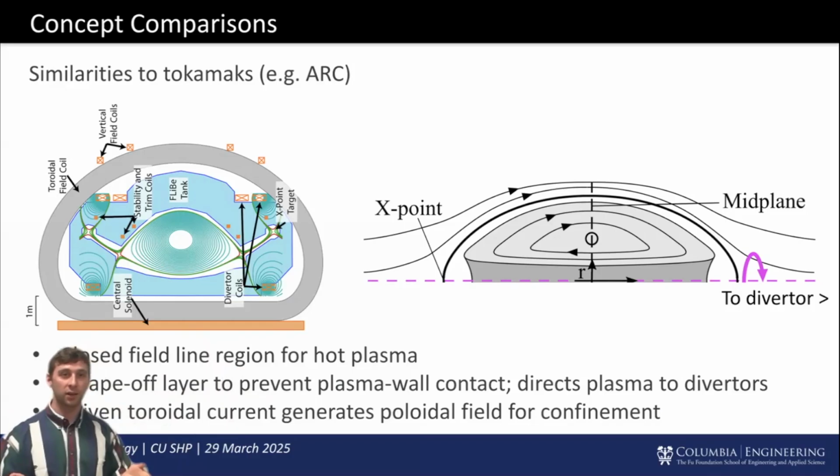So in terms of similarities between these two, you can see that we have these closed field lines in teal in the plot above me and in black on the FRC plot. And those field lines are what confine the hot plasma in the place that we want it in order to make fusion happen. We then also have a scrape-off layer, which is where we have open field lines that then connect to the wall, and this is what will direct colder plasma out to the diverters, which can then sweep